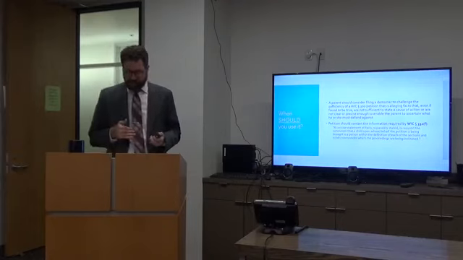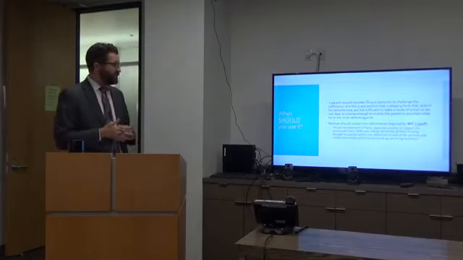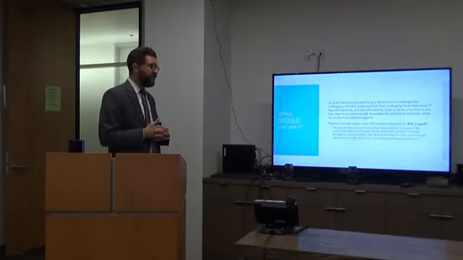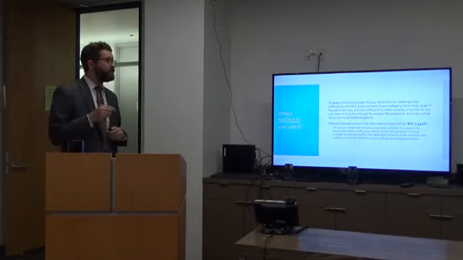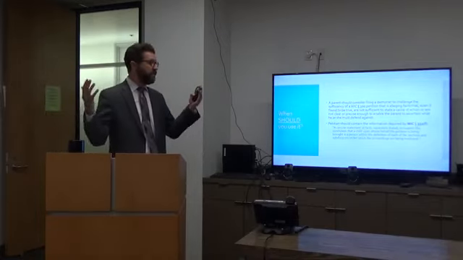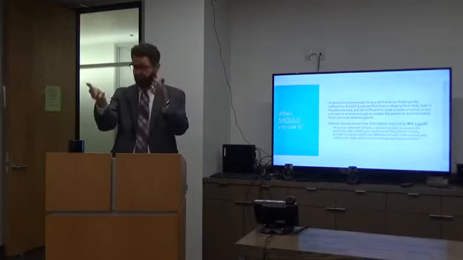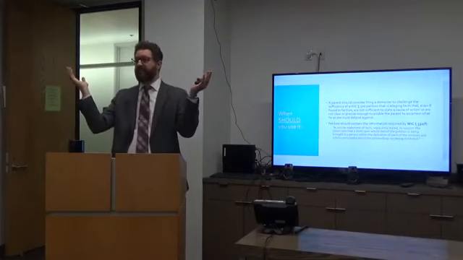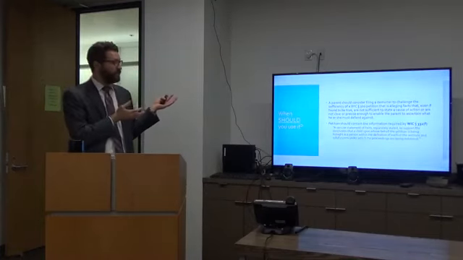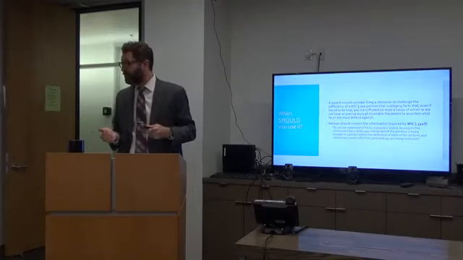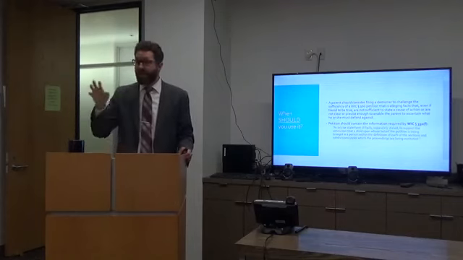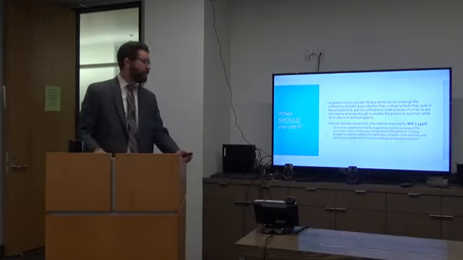So a parent should consider filing for a demurrer to challenge the sufficiency of a 300 petition that is alleging facts that, even if found to be true, are not sufficient to state a cause of action, or are not clear or precise enough to enable the parent to ascertain what he or she must defend against. So there are two things you want to look at in a petition. Even if all the facts in the detention report are true, does it still provide a basis for jurisdiction? Or is it insufficiently clear, and you have to read the petition over and over again to figure out exactly what they're trying to get to? Those are two things that should clue you in that a demurrer may be possible.